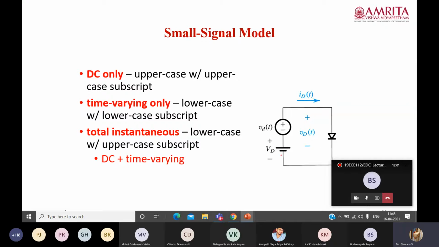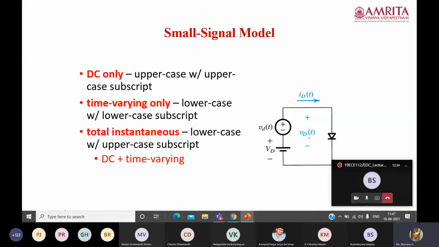So here we have a pure DC voltage VD, and upon that we are superimposing a pure AC signal. Here we have taken a triangular wave, superimposed upon this DC value. This DC value we will get by using the Q point, by drawing a tangent and fixing the Q point. From the Q point, if you extrapolate to X and Y axis, you will get the coordinates VD and ID. Upon that capital VD DC voltage, we are superimposing the AC signal. So whatever we are getting will be the instantaneous value, a mix of AC and DC.